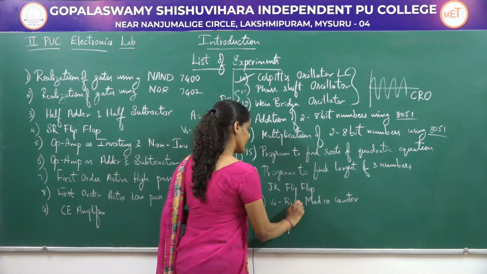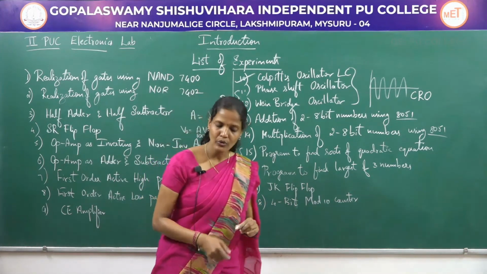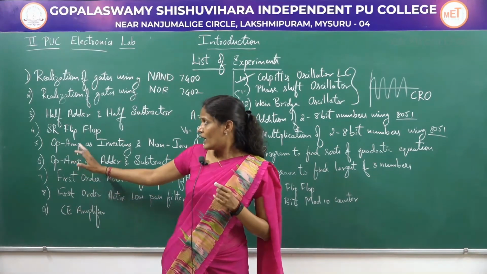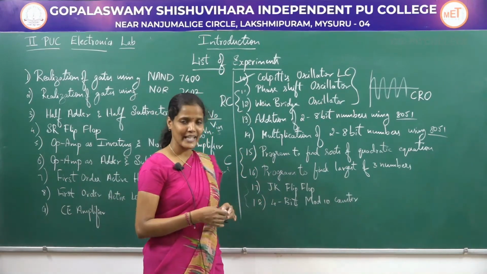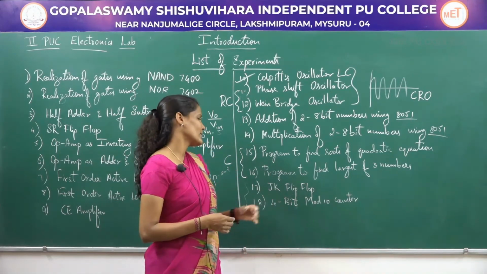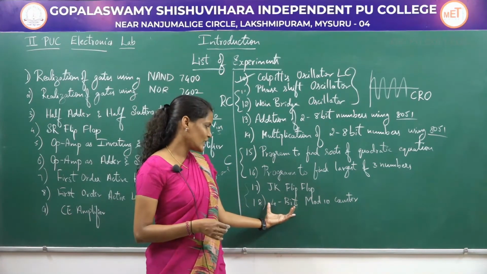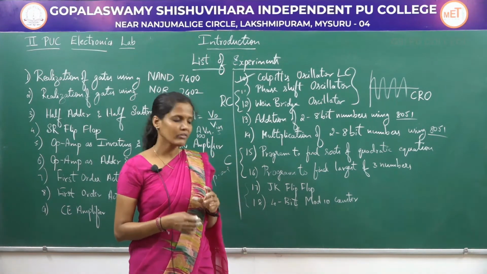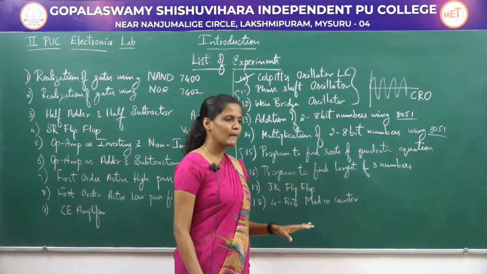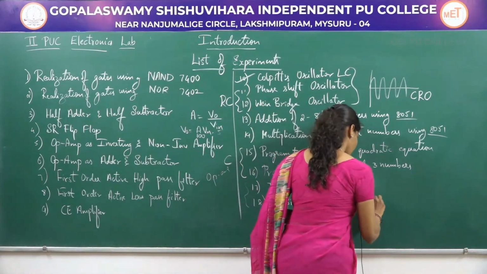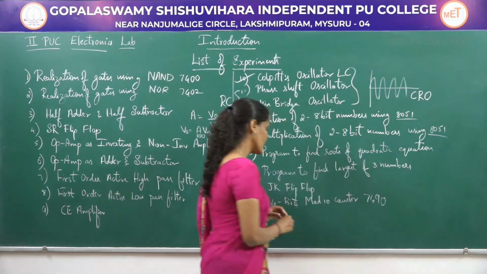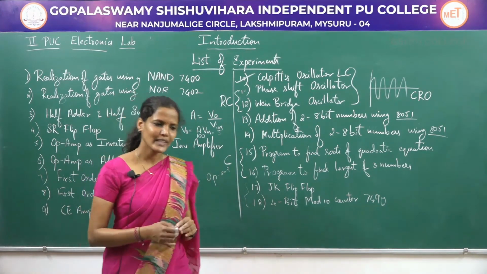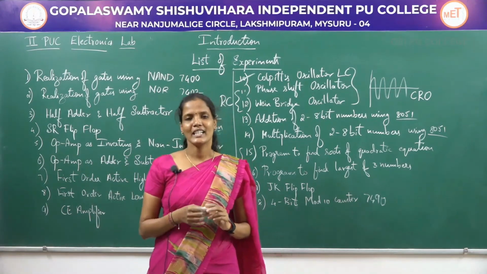This is the 4-bit mod 10 counter. As I have already told you, flip-flop is one of the memory storage devices. We are going to see SR flip-flop and also JK flip-flop in your second year PUC. Apart from that, we are also going to construct a circuit which counts a count of 10. So with the help of the IC 7490, we are going to construct a circuit which will be acting like a counter.